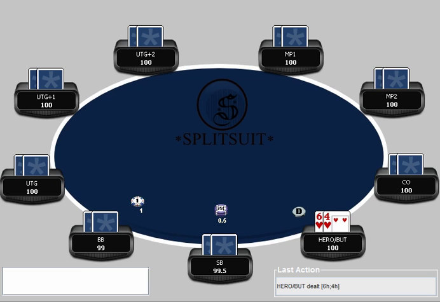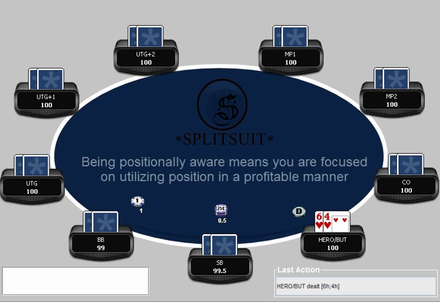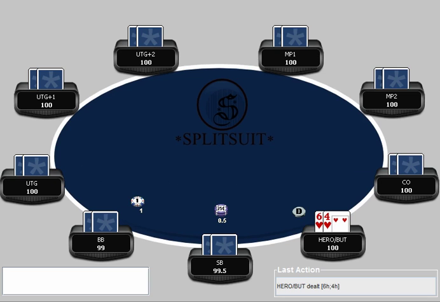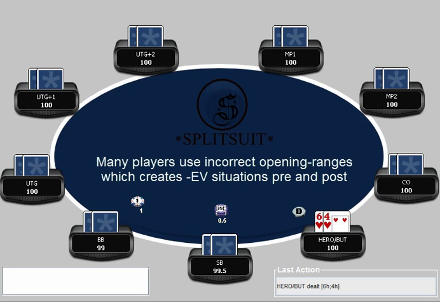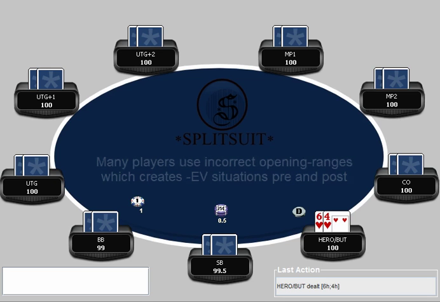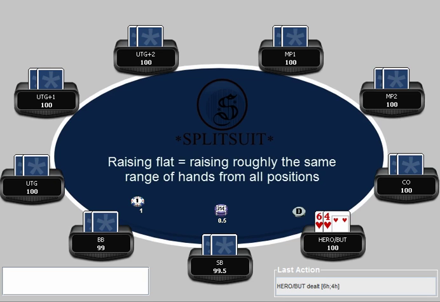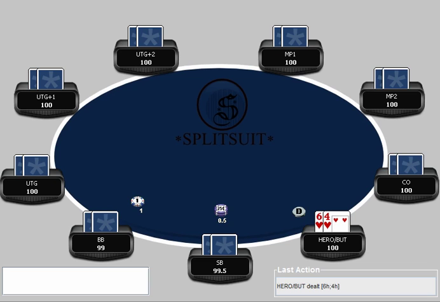Positionally aware means that you are effectively utilizing your late position and staying out of trouble when you know your chances of being out of position are increased. So the big issues that I tend to see in a lot of players, one is opening ranges. Sometimes what I see is that people open way too flat. What I mean by that is that they open roughly the same amount of hands from every single position. And I've talked about that before, and that's usually not a good thing to do,